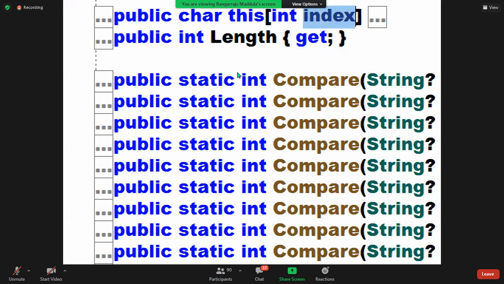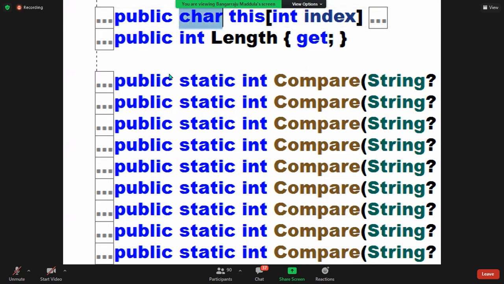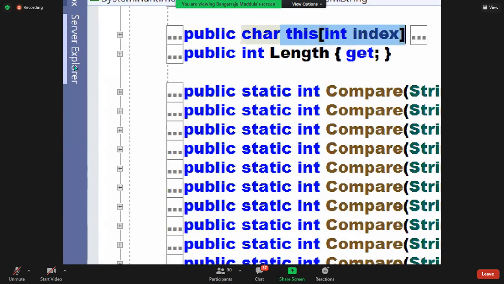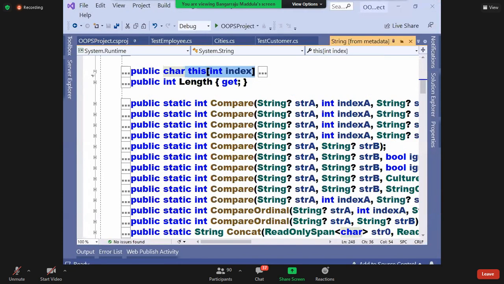If you pass the index position, it returns the character. str is equal to hello world. Now str of 4 means it will return the character in the 4th position. Return type is char. So this is an indexer. See now, this is a property. This is an indexer.